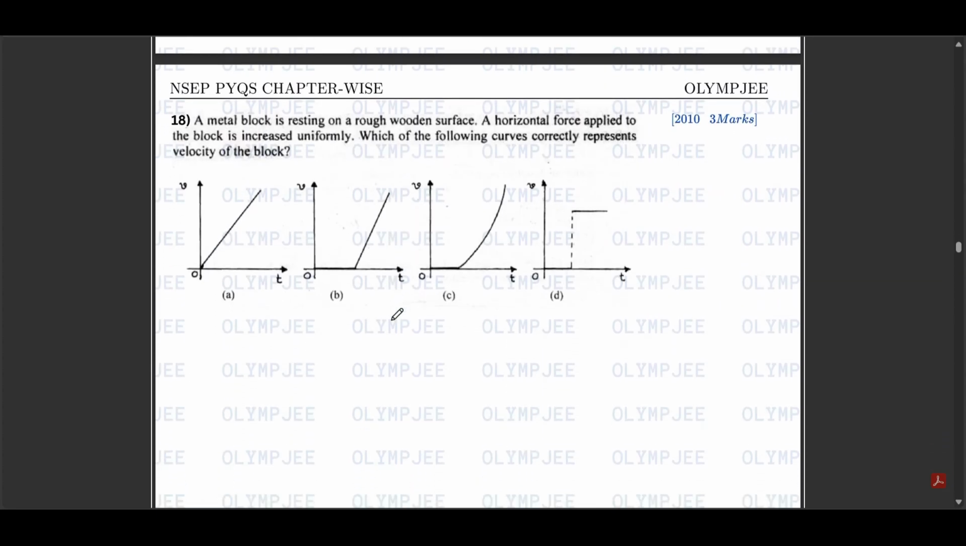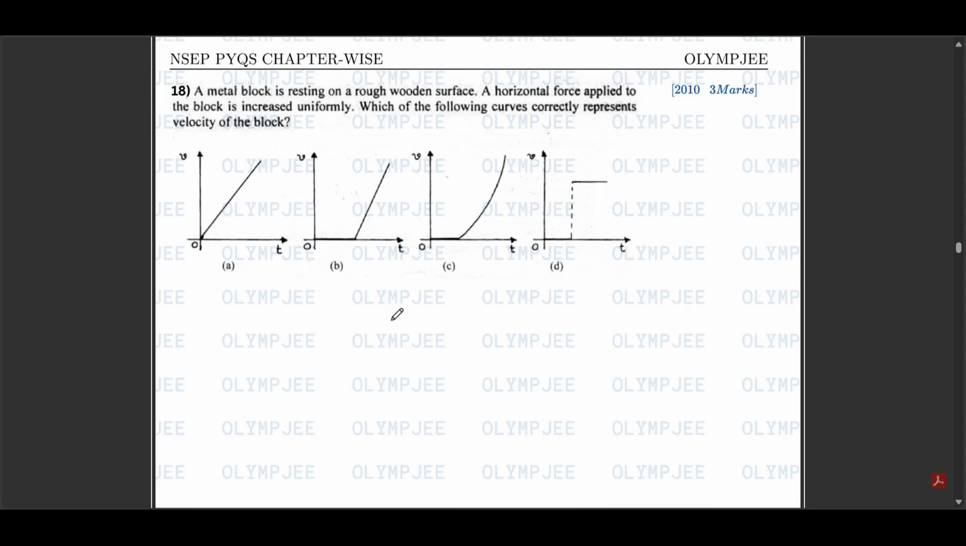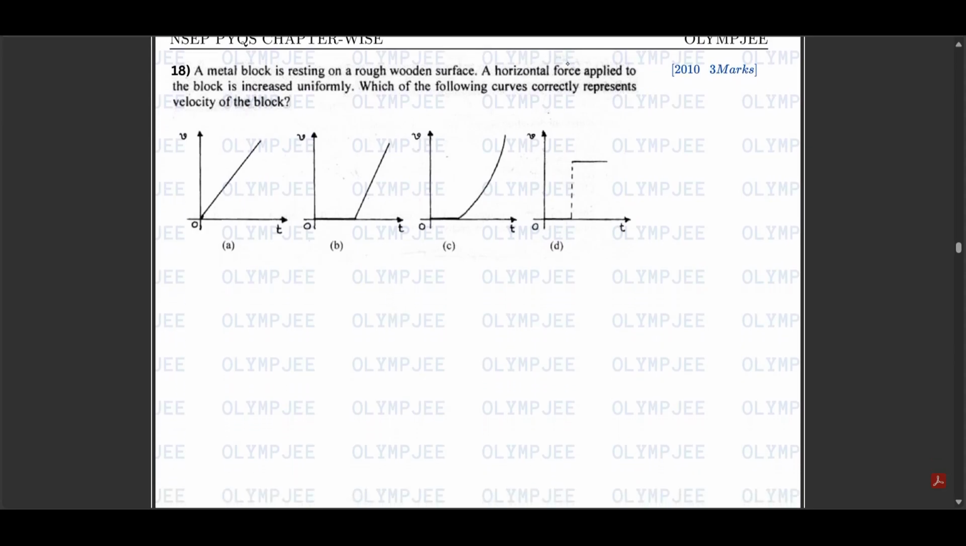So question 18 says a metal block is resting on a wooden surface. A horizontal force applied to the block is increasing uniformly. Which of the following curves correctly represents the velocity of the block? Okay, so since the horizontal force applied is increasing uniformly, we can assume the force as a function of t with some constant. So from here we will get that the diagram is like this,